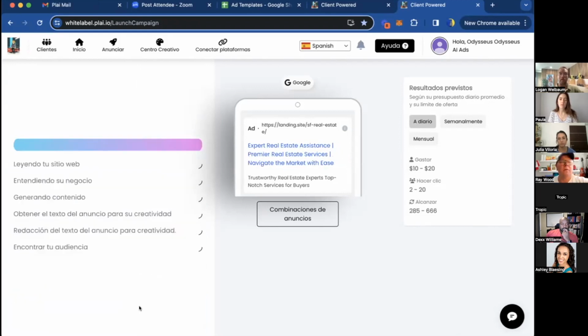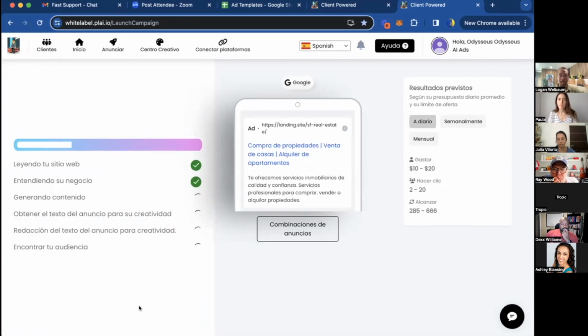This one is for real estate right here. But this can help you reach customers even outside of the US as well. So you'll notice all of the content starting to generate in Spanish. If this is in Spanish right here, or whatever language, this is what's actually going to be pushed to the ad platforms. Whereas this feature up top is more just for the overall UI of the app.